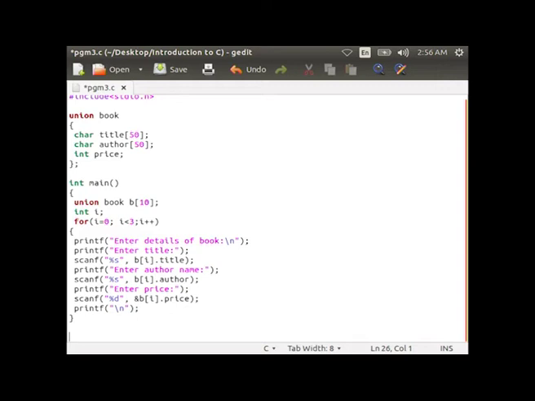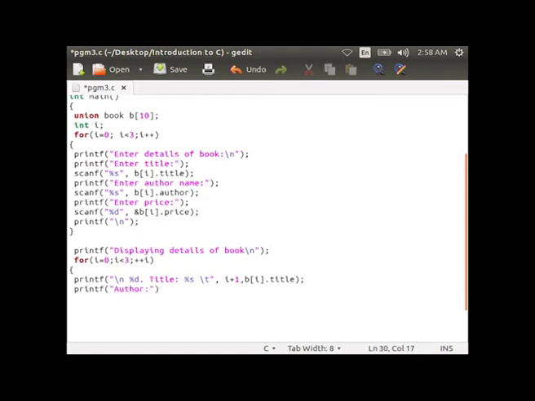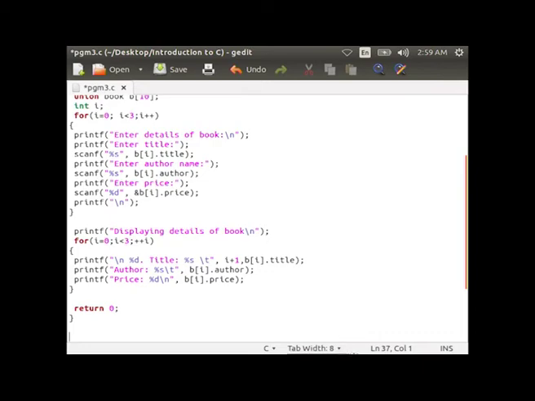Then printf displaying details of book for i equal to 0, i less than 3, plus plus i within curly braces printf %d title %s comma i plus 1 comma b of i dot title, printf author %s comma b of i dot author, then printf price %d comma b of i dot price, then close the curly brace, return 0, then close the final curly brace.